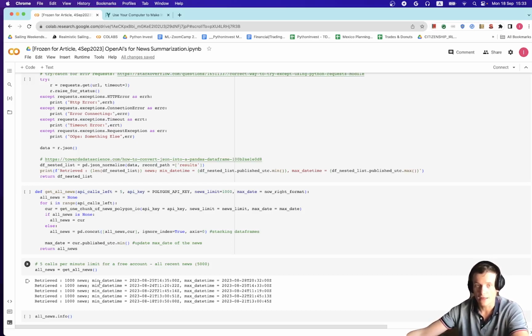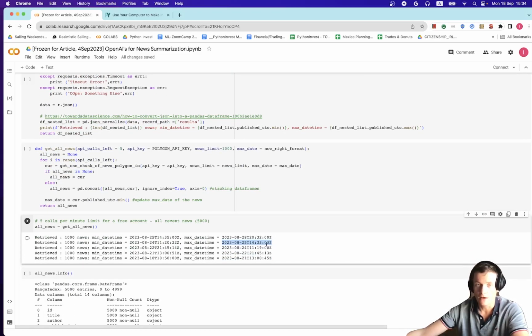In the next call I substitute this minimum date and ask to retrieve another 1000 news, but their published date is actually less than that minimum date, 25th of August, and that's how we download 5000